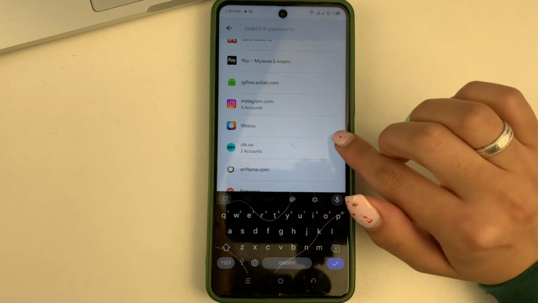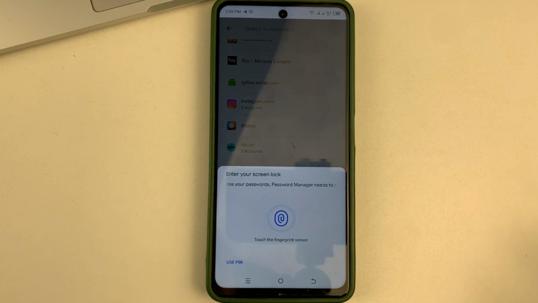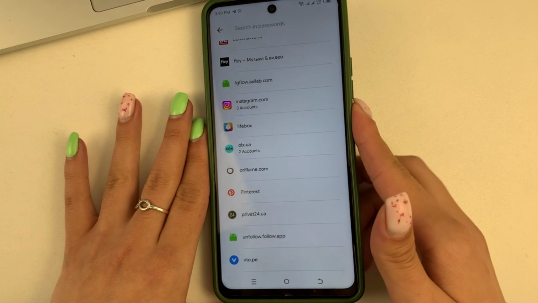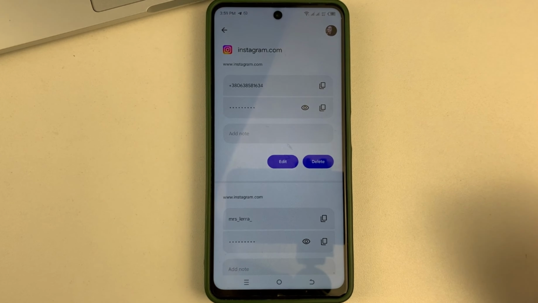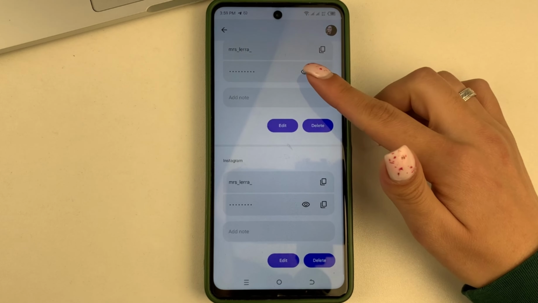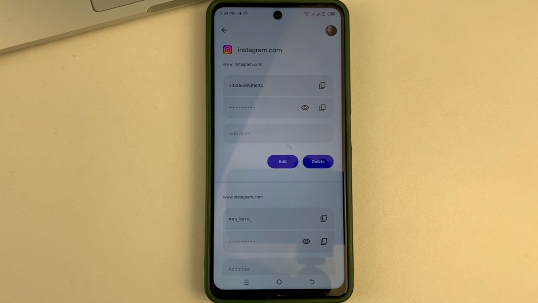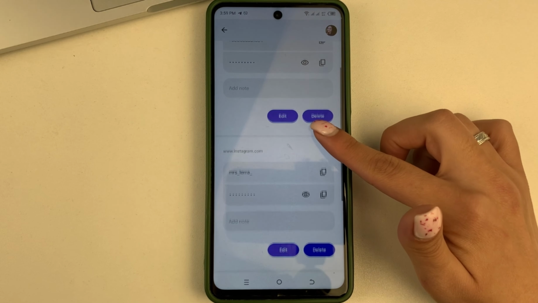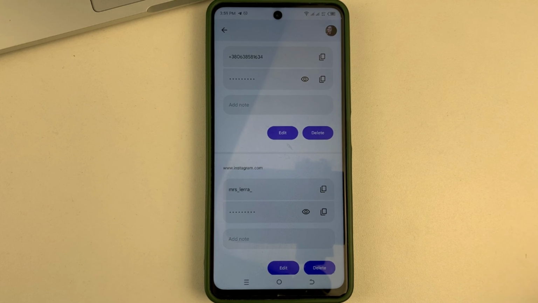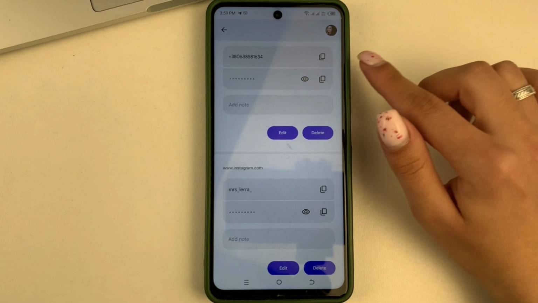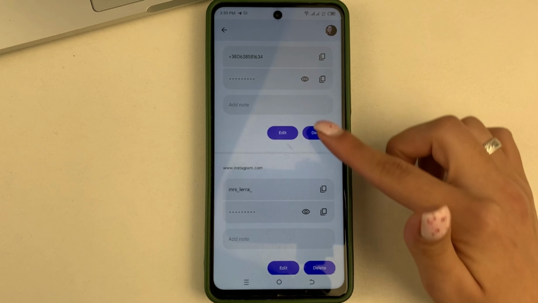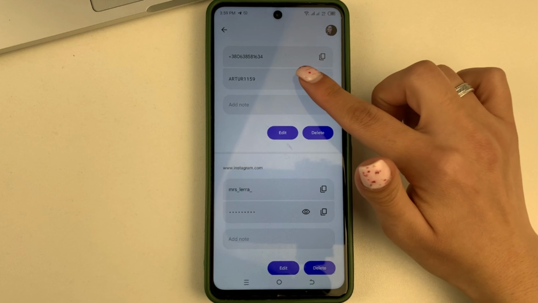Let's say it's Google, you go to it, and then you have to either enter your PIN number or your fingerprint. After that, you'll get a page like this with your Google passwords. And what will you be able to do? You can see them, for one, because they're all hidden. If you click on the peephole, you can see the passwords.